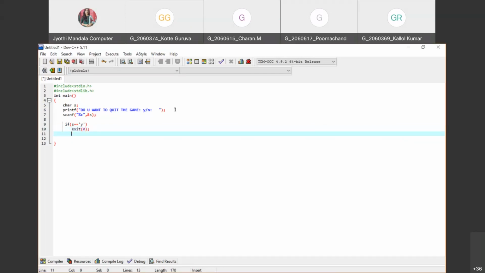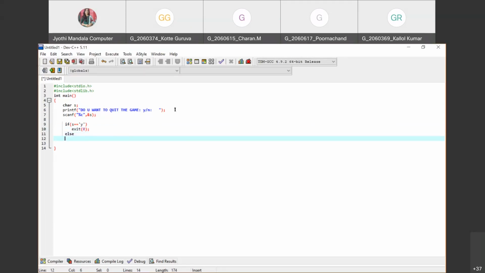Now, coming back to our program, if the status given by the user is yes, that means if he wants to come out of that program, then we need to exit. Why have I given exit 0 here? Because it is successful, we want to tell the operating system that there is no issue in my program. It is just like the user requested, that's why I want to exit the program. Understood? That's why I have used exit 0. When we need to use exit 1, we'll see one more example regarding that.